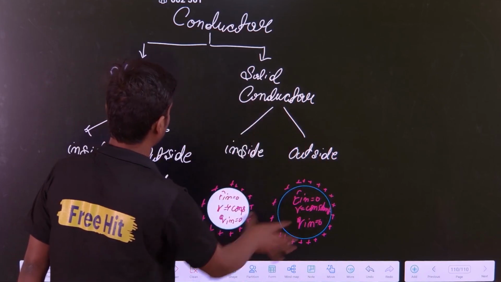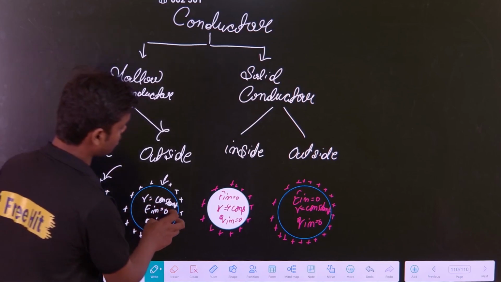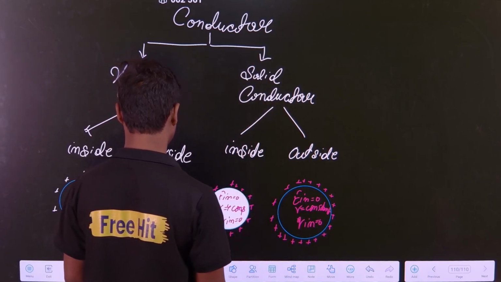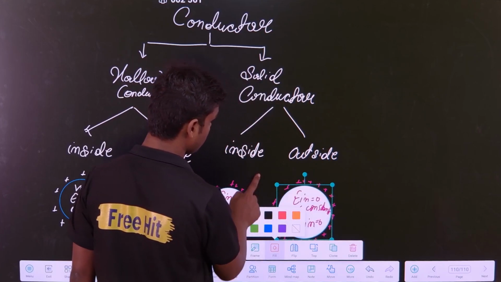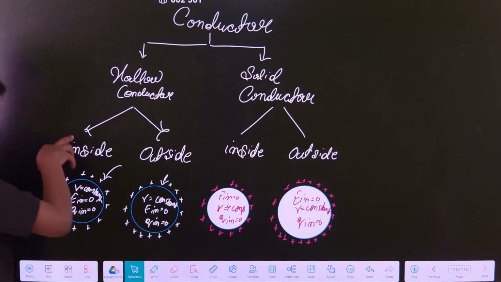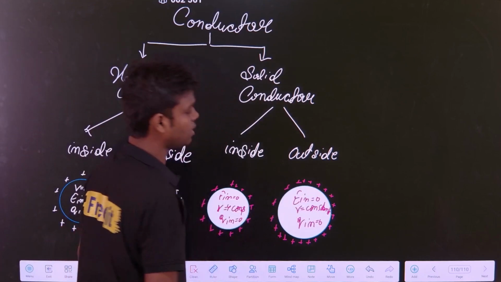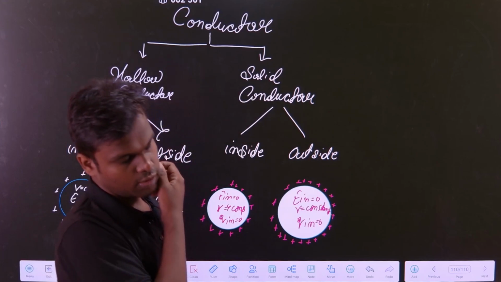Okay, it doesn't matter for them. Whatever the property is for this, the same property applies for this, and for this. Whatever formulas we are going to derive for this, the same formulas apply everywhere. Whatever the formula for this, the same formula is applicable here also. So what is the thing we got? We got to understand